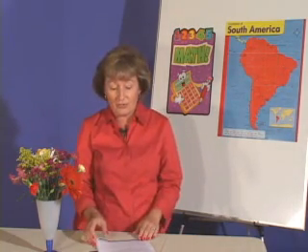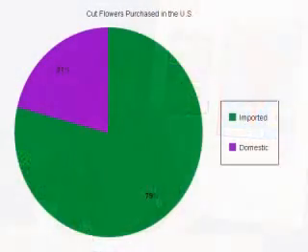Well, we can look online to find more specific information about imports and exports of fresh-cut flowers, and we can understand how our floral supply comes from two different sources: imported cut flowers and domestically produced cut flowers. The pie chart shows us the percentage of flowers that come from imported sources and domestic sources. You'll want to look on the right-hand side of the graph to see the legend showing imported and domestic cut flowers. And you'll notice that the majority of flowers are imported versus the minority which are produced here for sale